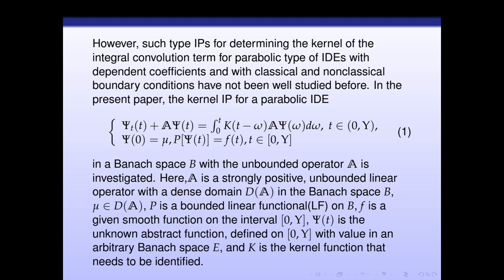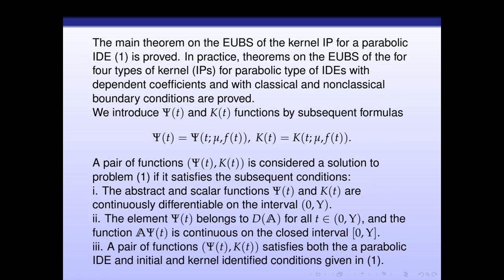P is a bounded linear functional on B. F is a given smooth function on the interval from 0 to epsilon. Psi of t is the unknown abstract function defined on this segment with values in the arbitrary Banach space B. K is the kernel function that needs to be identified. So the main theorem on the existence and uniqueness of a bounded solution of the kernel problem for parabolic integral differential equation 1 is